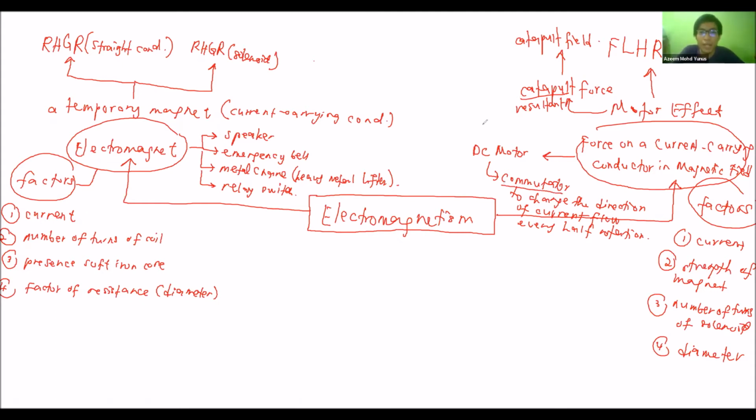So make sure that you know the process, how the DC motor works, the working principle of the DC motor, starting from this position, and then the 180 position, then the commutator will change the direction, causing it to continually be in this position. And then the process repeats. Okay, so next,